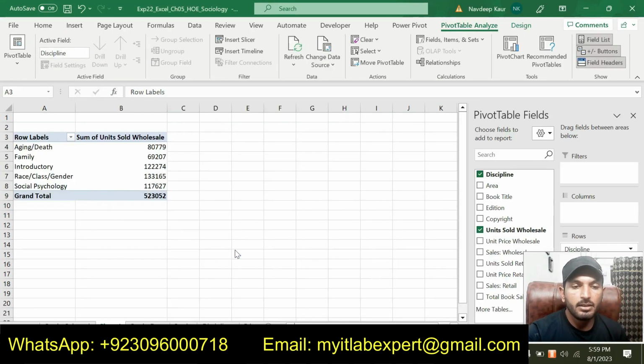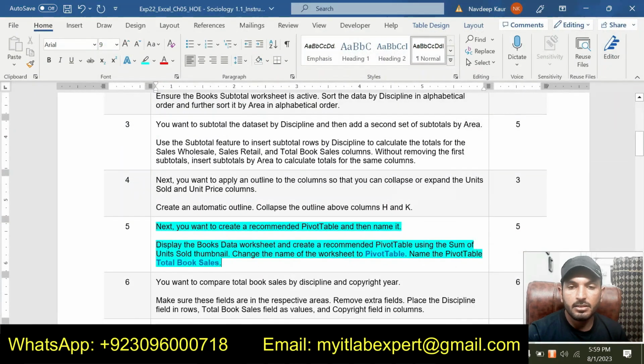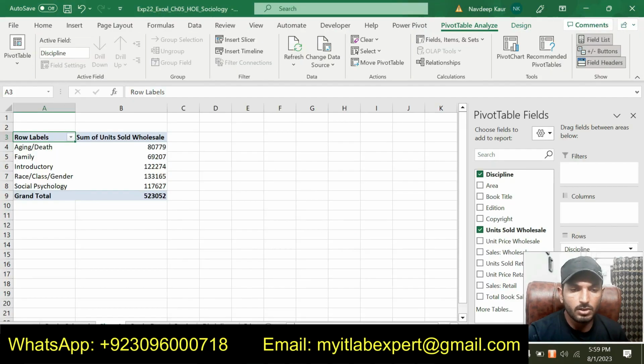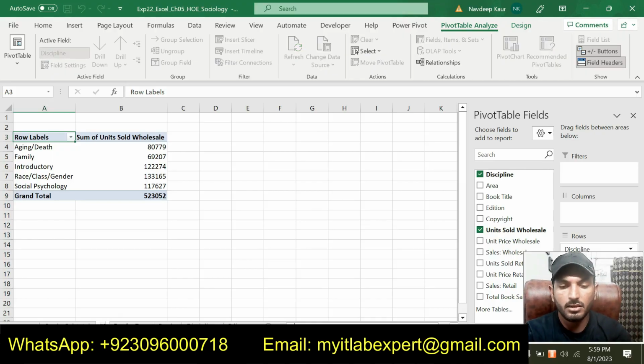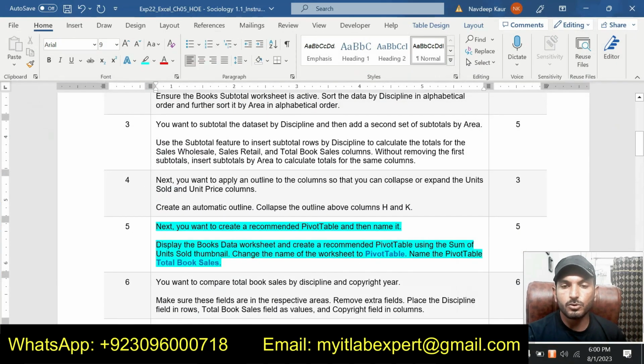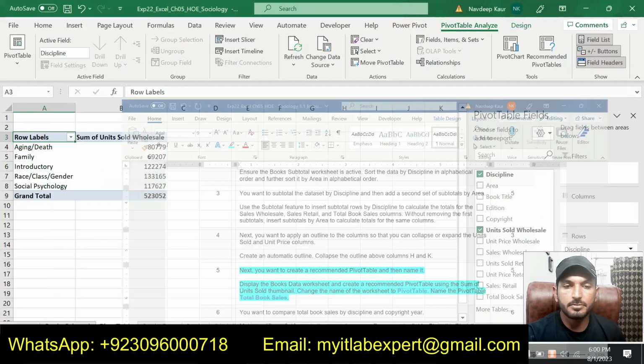So I have created a pivot table and now change the name of the worksheet to pivot table. So I will simply change the name of the worksheet to pivot table and then we are supposed to change the name of the pivot table to total book sales.